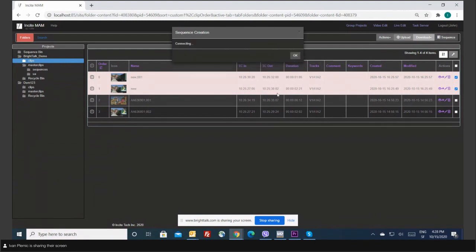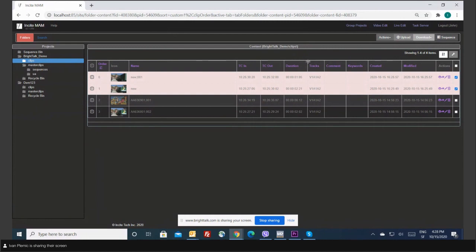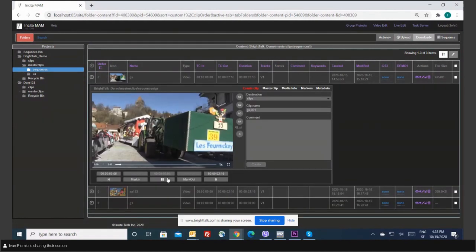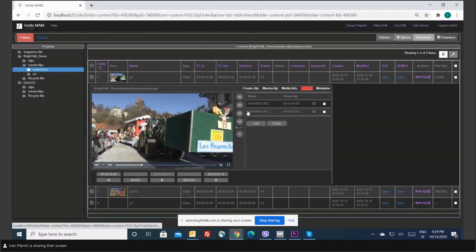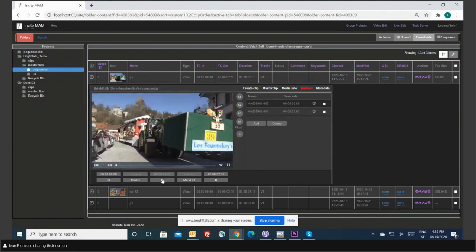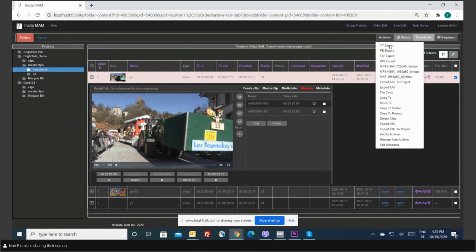Okay, so actually, I did mark in, mark out, if you remember, and I was able to export only this piece of the media to the external editing application. But I can also build a sequence. So I will take a few files and put them together and then build the sequence from it, which means that here I have a sequence which is built from these two clips, which again, I took good pieces from one media and from another media, put them together, I made a sequence, and this sequence again, I can export now